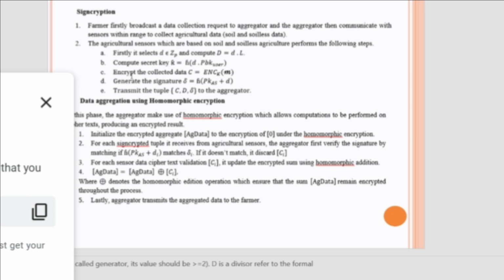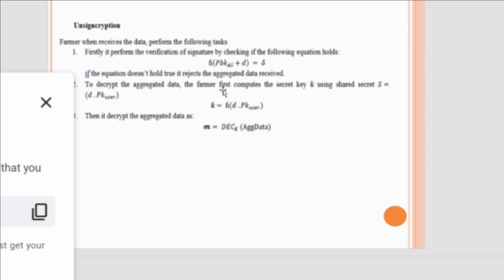Now the receiver side. The sender side has four operations. Let's see how many operations there are on the receiver side. This decryption is at the receiver side. So what will he do? First of all, he has the public key of the sender, and he has the D, and he computes the hash. That is the digital signature. So the first operation is this.